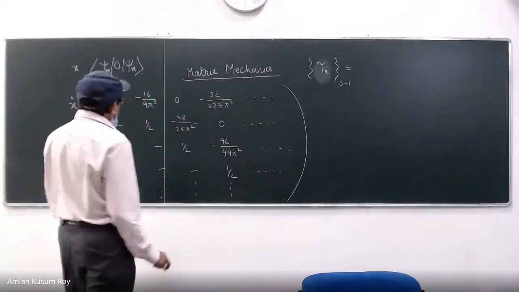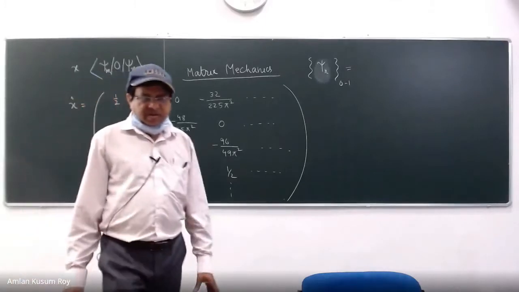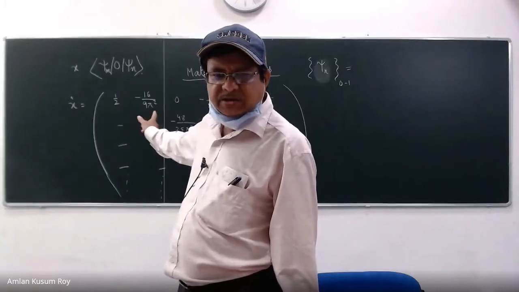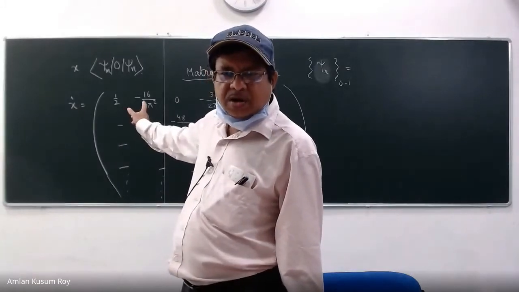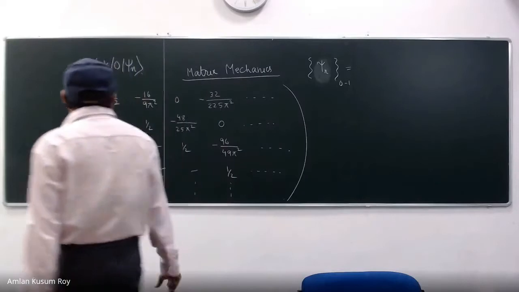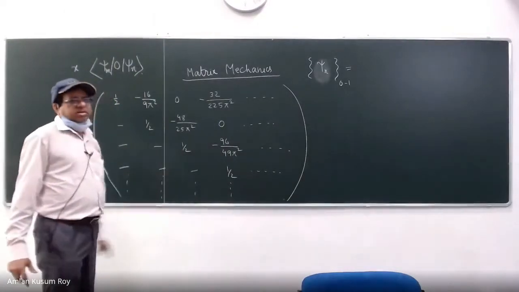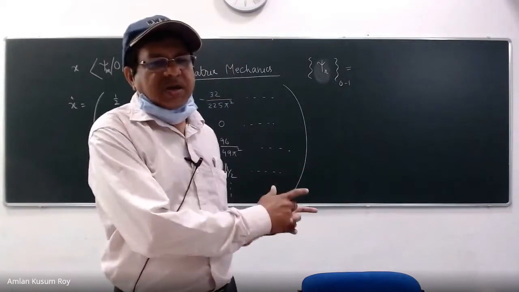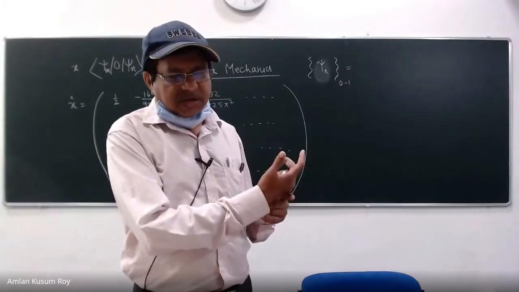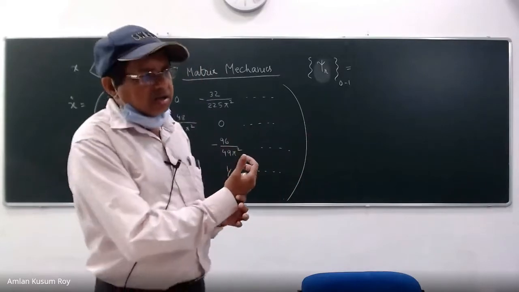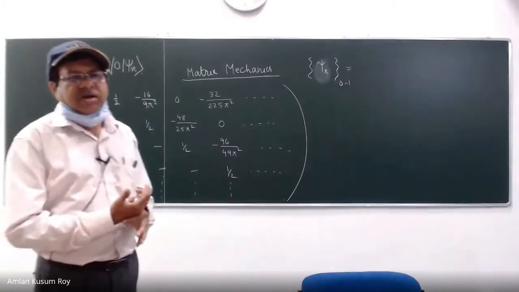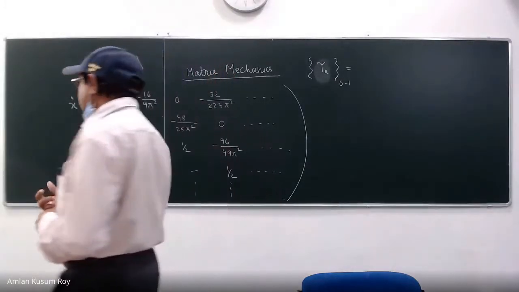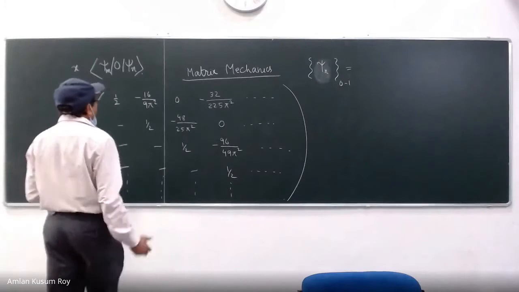How do I say that? Even if you did not know that answer, you could answer from looking at this matrix. How can I say that? Because this matrix is not a diagonal matrix. If it is an eigenfunction of the operator, then it should be a diagonal matrix. Yesterday, in the previous class, we mentioned this. We'll do it in a little more detail, but you should have picked it up. We are going to start from there.